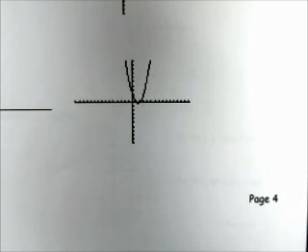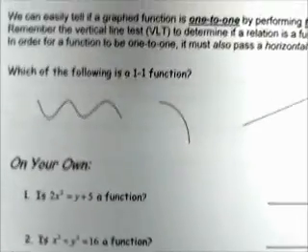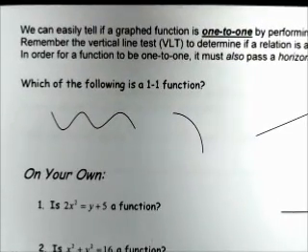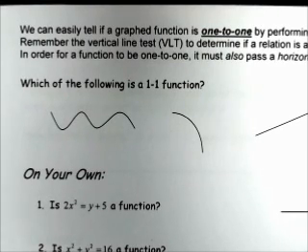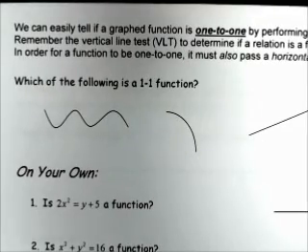Today we're on page 4 of our Chapter 4 notes packet. Now if you need to, just flip back to page 3 and read over functions and the vertical line test. All right, remember from an equation, if there's a y in the equation and it's not squared, then the equation is an equation of a function. And if it's a graph and it passes the vertical line test, then the graph is a graph of a